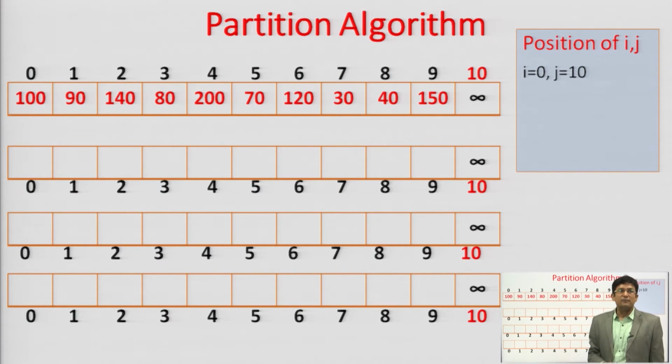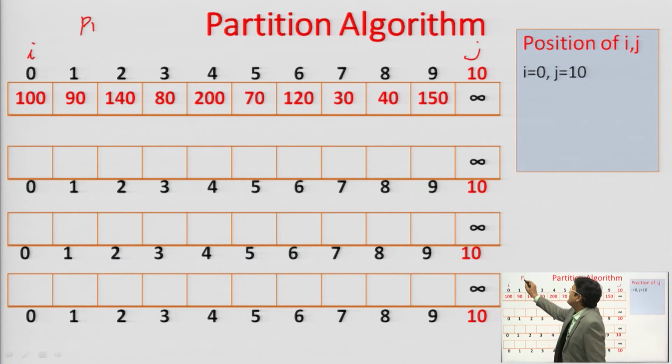Let us take an example, and here what we have done, we have taken the last element as infinite. Here only 10 elements are given, the 11th element is taken from our side as infinite. So, this infinite is taken only for the first execution of the partition. In subsequent executions of the partition with the quick sort, there will be an infinite which will be automatically set. Okay? You will come to know with the examples. So, let us take i at the first index here, and let us take j as the last index 10. Okay? And we are setting up a pivot.